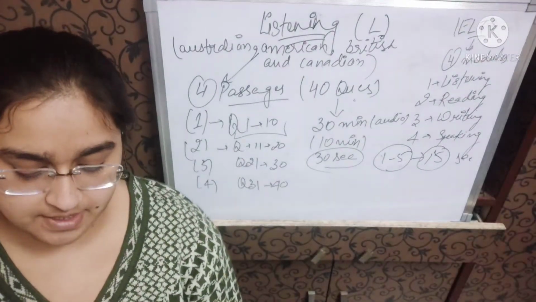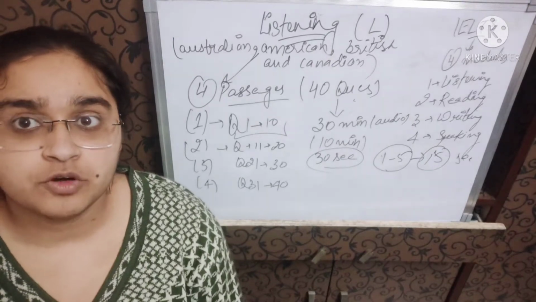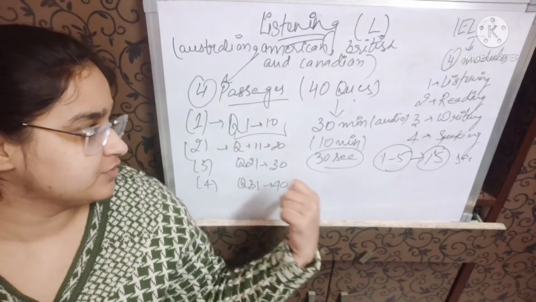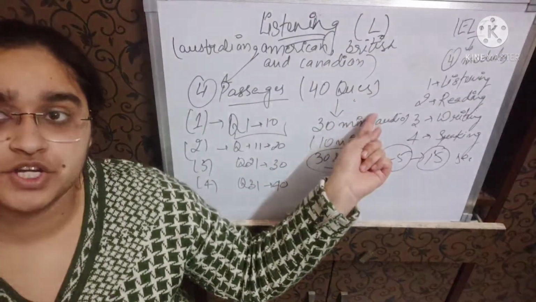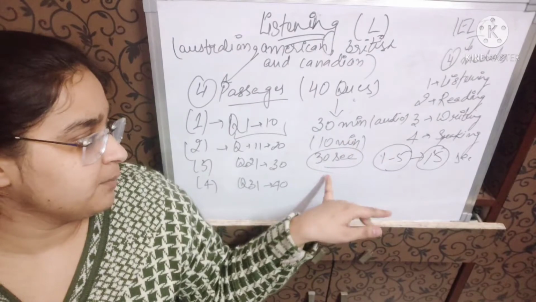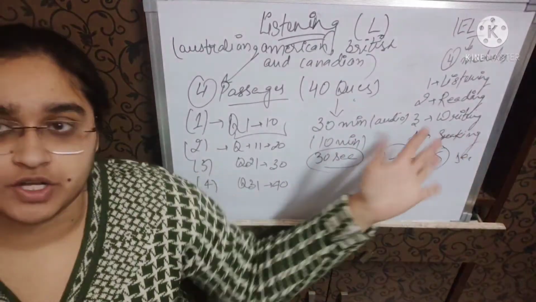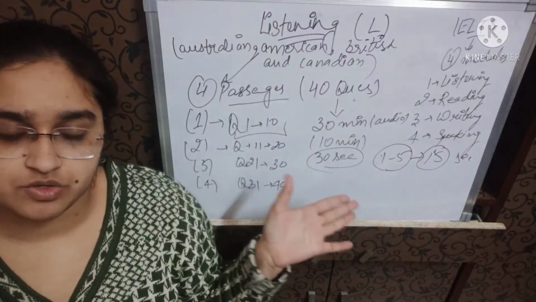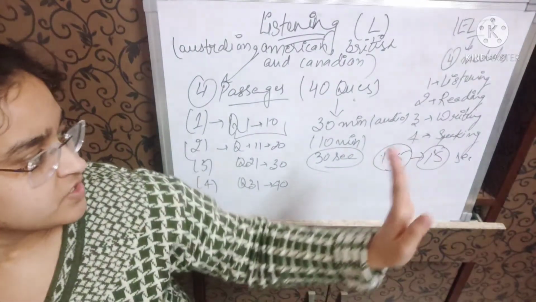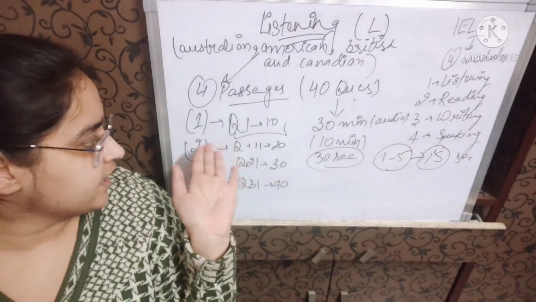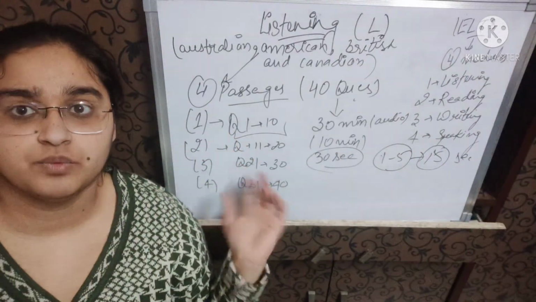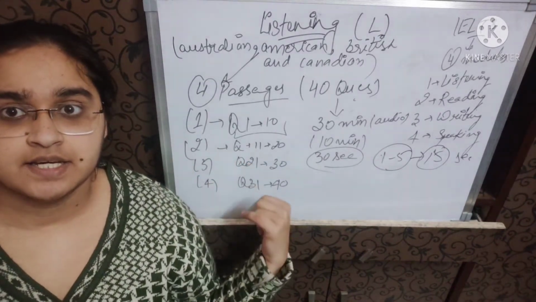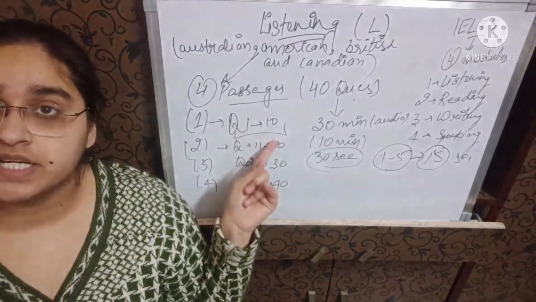So these are the four modules of the listening, consisting of four passages, 40 questions, and the time is 40 minutes, which includes 30 minutes of audio and the remaining 10 minutes for transferring your answers to your answer sheet, right? So now we will discuss what these four passages include, what conversations are included in these four passages, right? So the first passage includes the